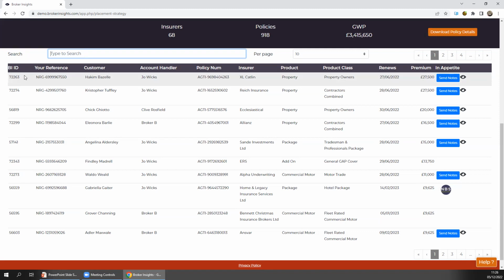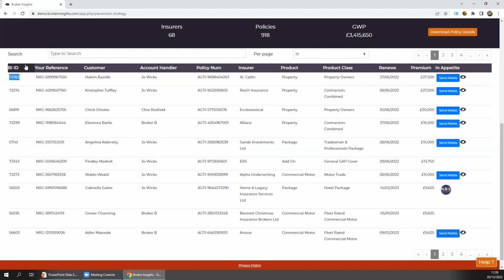So I've already mentioned that the insurers, although they can see and they can search your book of business for opportunities, the data they see is all anonymized. They don't see client names and addresses, they don't see policy numbers and references, and they don't see risk info or claims info. So that BI ID number is a unique reference given to every policy that goes through our platform, and it serves there as a conversation piece.